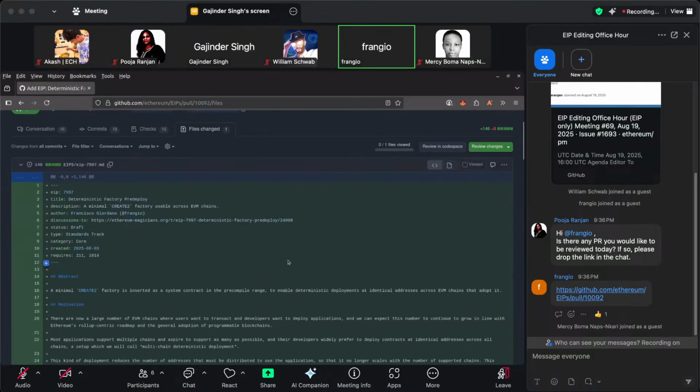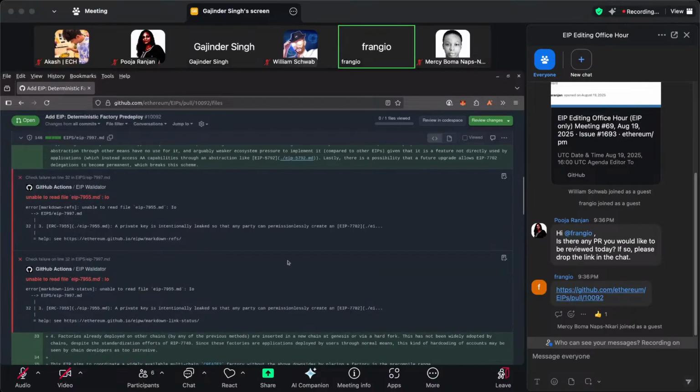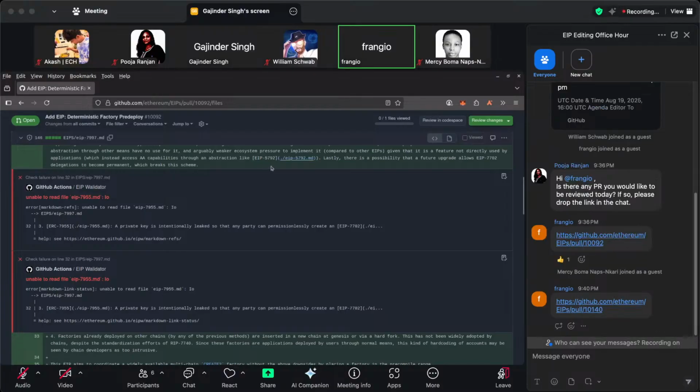That's why I opened a separate PR that fixes that in the CI. I understand you pinged Sam to look at it. If this is an ERC, you can create a full link for it. Is that what I should do?